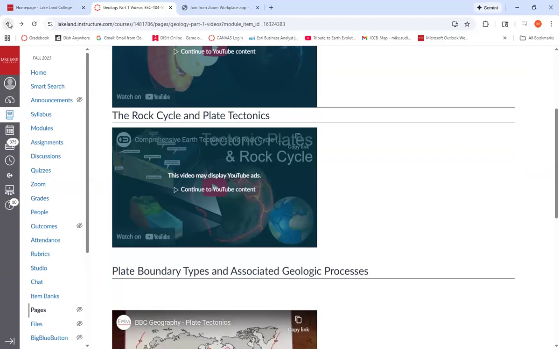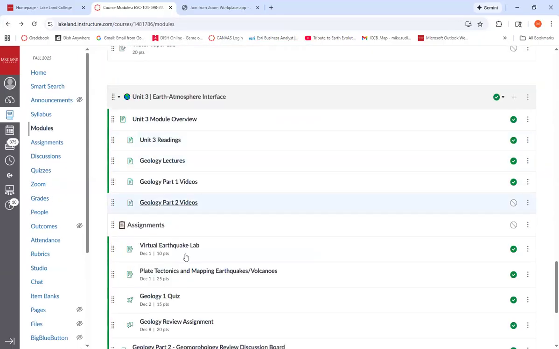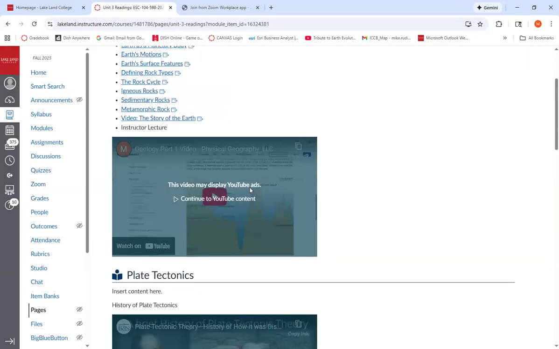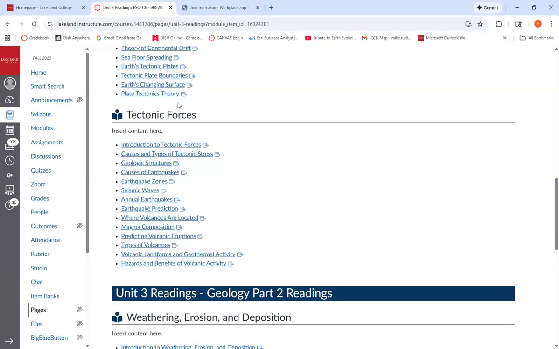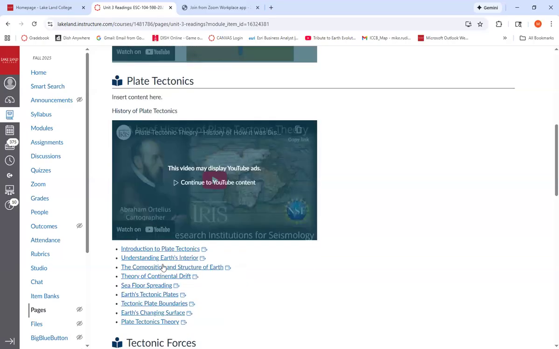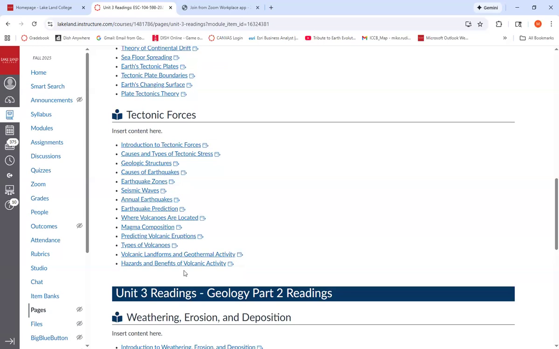of the Unit 3 readings. Those readings will really cover all of the ones down through Section 2 and Section 3 here. And so I'll be doing a video on Section 3 probably tomorrow,